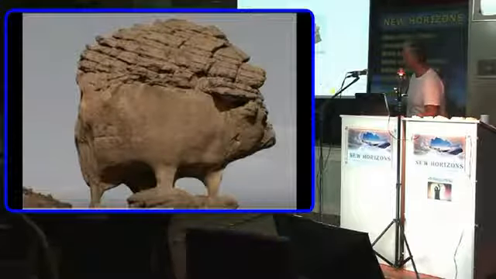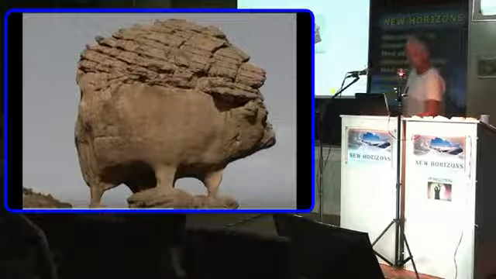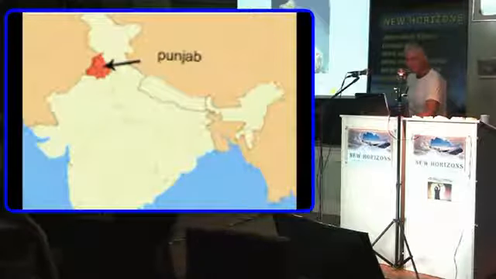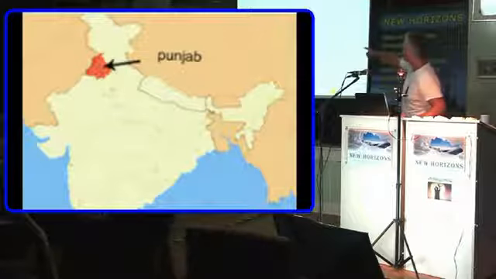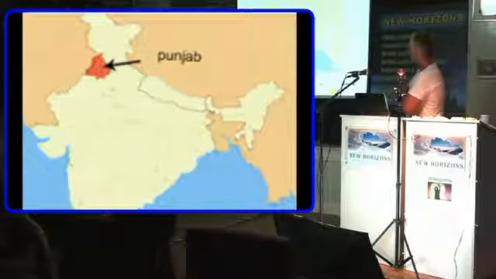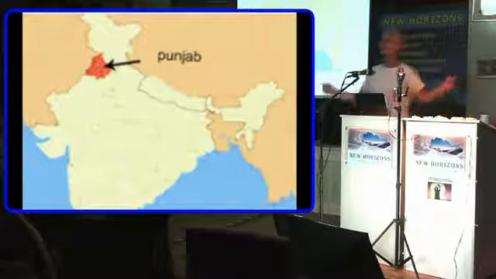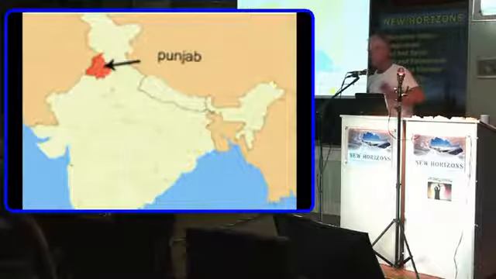Now what does that look like? A bit like a, oh, what's that? Pig? Yeah? Oh no, that was caused by erosion. Punjab. Oh, no, Punjab. Okay. So you look at the map of Punjab. Now, what can you tell me about Punjab? What does that red signify? What do you normally signify red with? Blood! Rob's got it right.